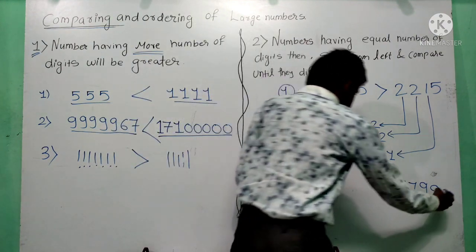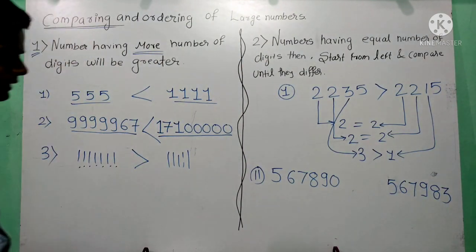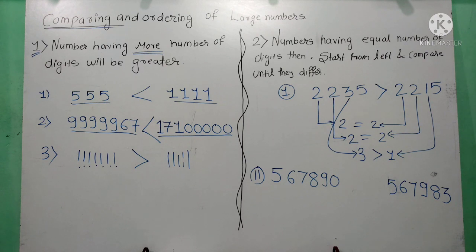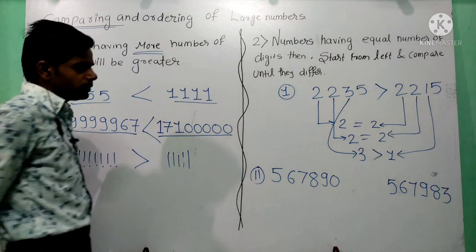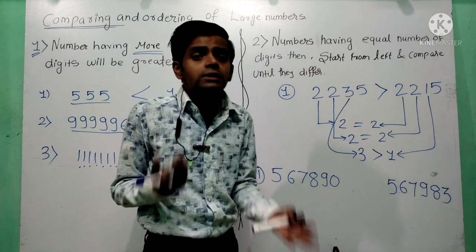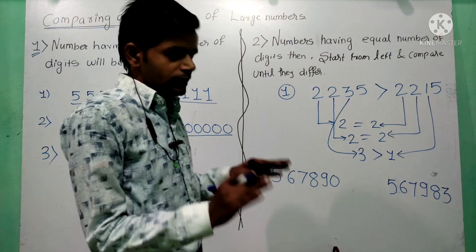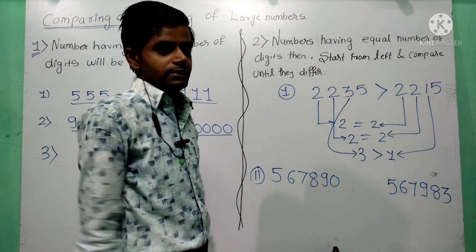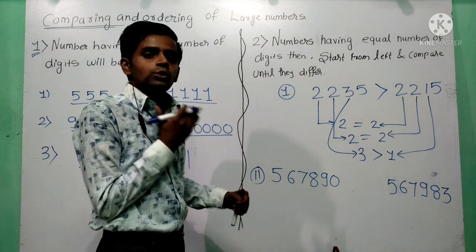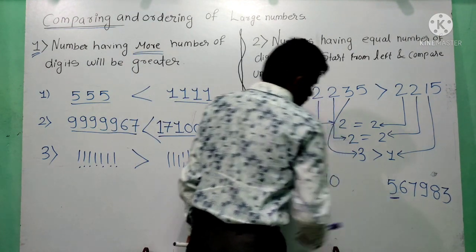But if I'm writing like this, now both the numbers have 6 digits. Yes, dear students, both the numbers have 6 digits. दोनों में 6 digit आ गए. Now we have to compare these two numbers, and we have to find which number is smaller and which one is greater. कौन सा बड़ा है, कौन सा छोटा है. So start comparing the digit at the higher place. बड़े places के digit को compare करना start कर दो. Here is 5. Here is also 5.